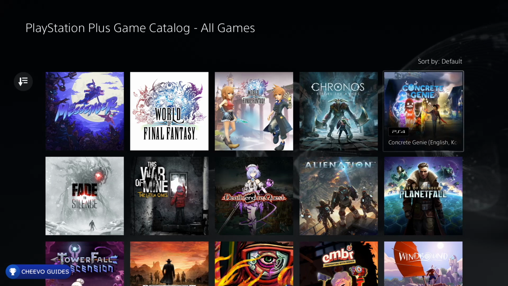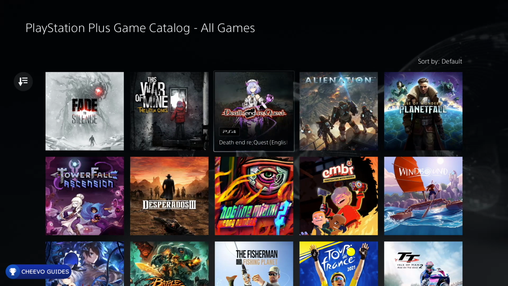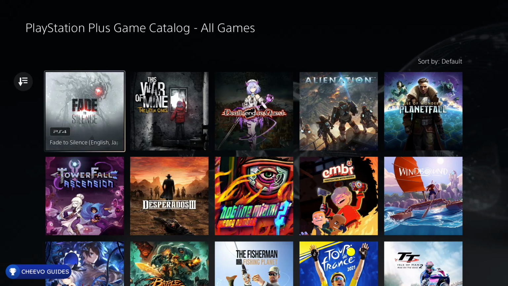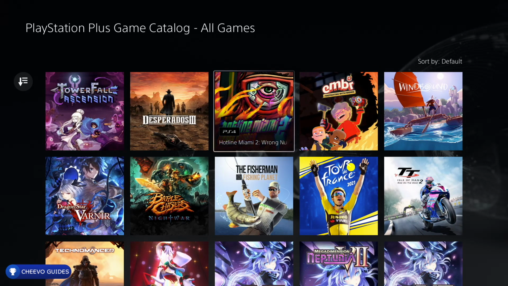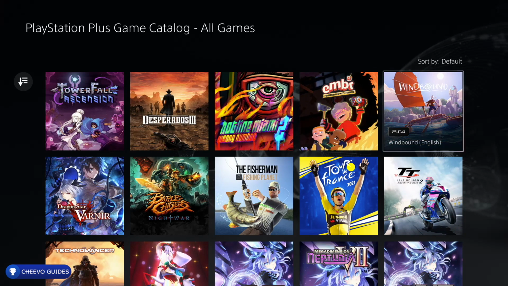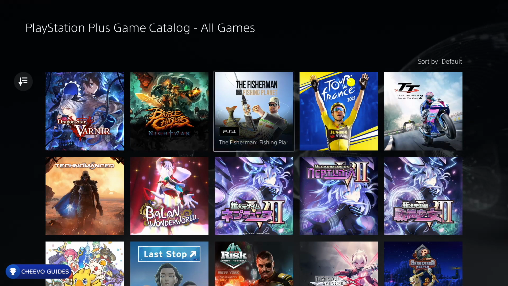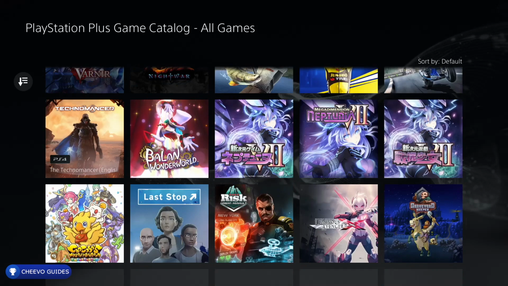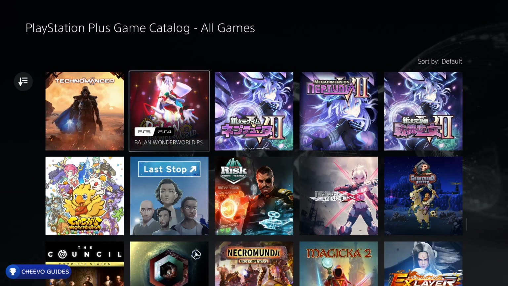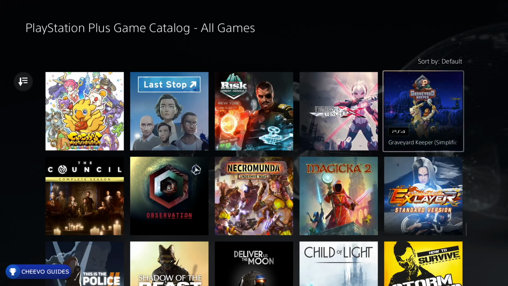We have Concrete Genie, Age of Wonders Planetfall, Alienation, Death end re;Quest, This War of Mine, Fade to Silence, Towerfall Ascension, Desperados 3, Hotline Miami 2, Ember, Windbound, TT Isle of Man Ride on the Edge 2, Tour de France 2021, The Fisherman Fishing Planet, Battle Chasers Nightwar, Dragon Star Varnir, The Technomancer, the Game of the Year Balan Wonderworld, either for PS4 or PS5, Megadimension Neptunia, it appears there's 3 versions of that, Graveyard Keeper, Gunvolt